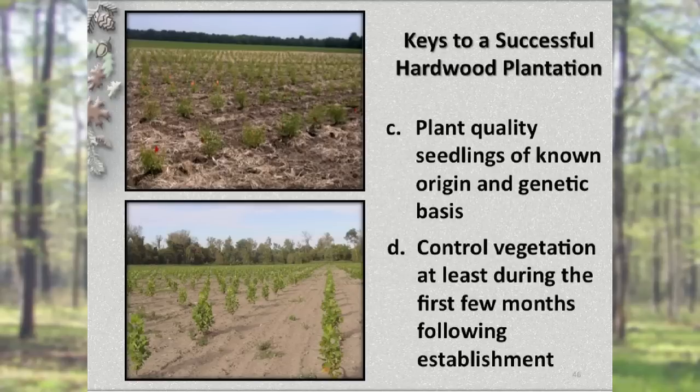Of course, plant quality is important. We need to know where our seedlings come from and the genetic basis of that material. If I have good genetic material, but it comes from Indiana and I'm trying to plant in Mississippi, that should not happen. We should never move seedlings, as I said, from north down to south planting areas. Plant more local seed if you have that capability.